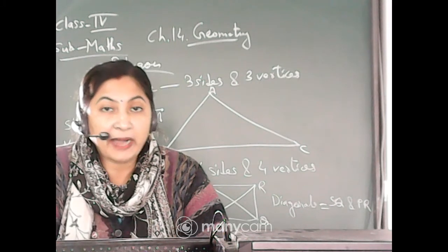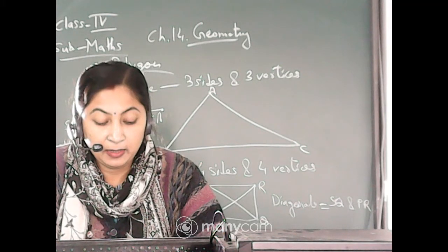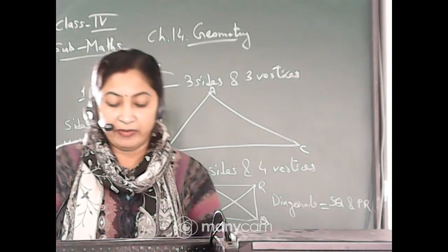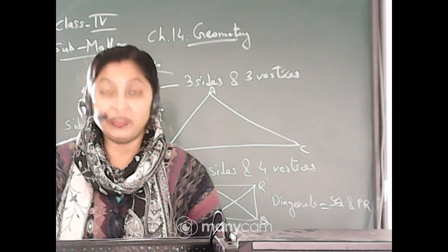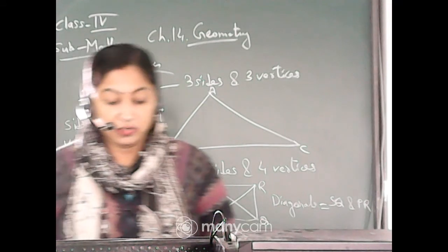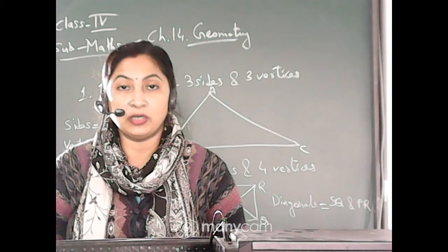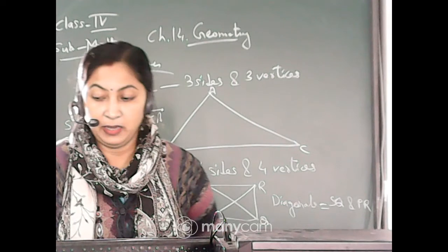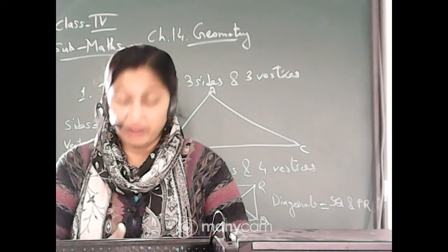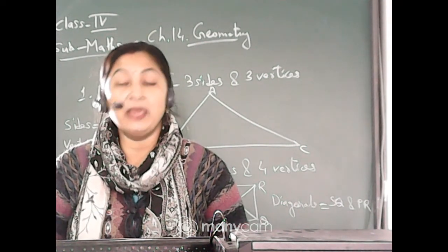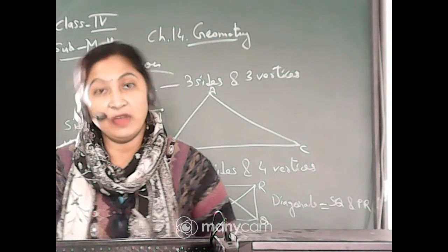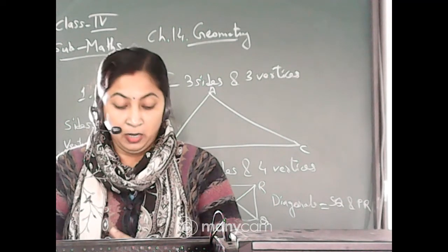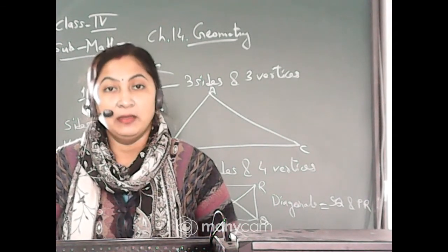Once more practice the polygons at home. Try to draw in your copy the polygons which we have discussed: triangle, quadrilateral, pentagon, hexagon and octagon. Clear? So today up to this only. Whatever we have done today, revise once more in your copy, and the next questions we will do in our next class, from question number 4, that is fill in the blanks. So today up to this, bye all of you, and practice the maths.